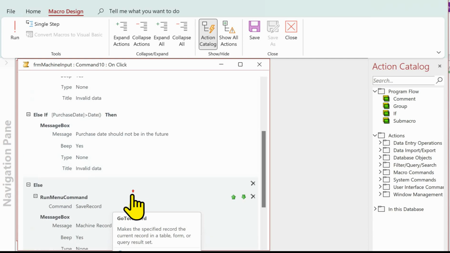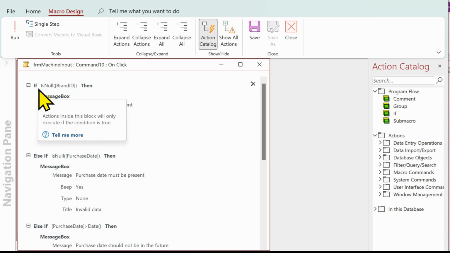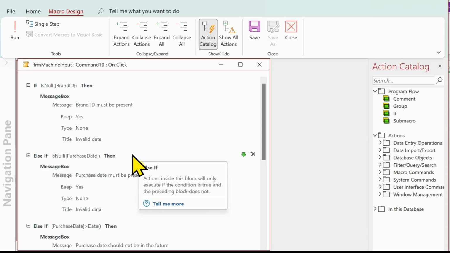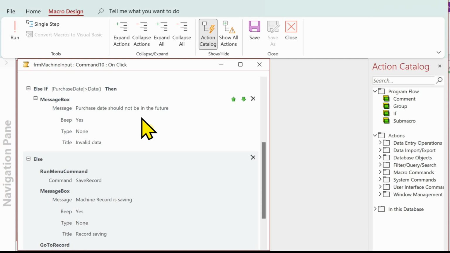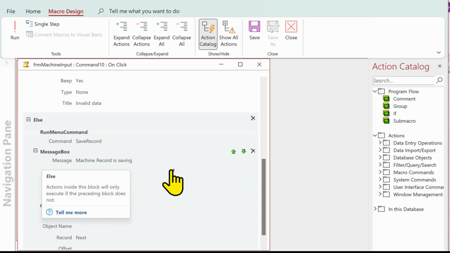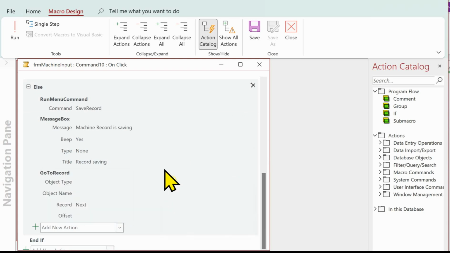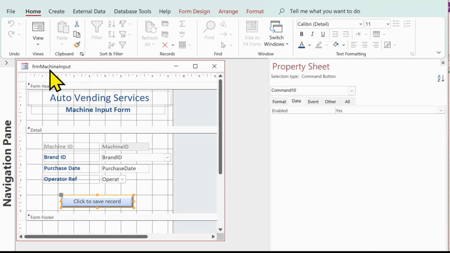And just to recap on these ifs and else ifs, always start with an if on the first one. Then we use else if on any further checks all the way throughout the macro until we get to the bit where we're saving the record, and that's just a straight else. And then finally the go to the next record. Close the macro, answer yes to save it. And if we just check now on form view,